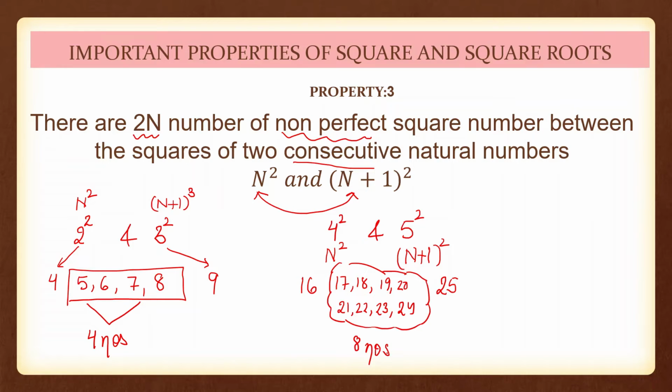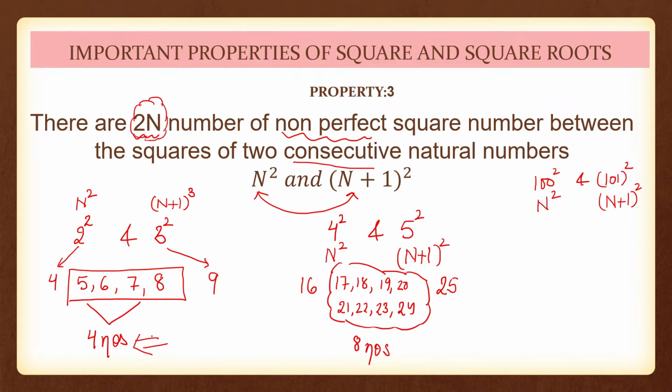When numbers are small, we can easily count the non-perfect square numbers which are lying between these two. Now when will this property be useful? When you have bigger numbers like 100 square and 101 square. So which one is n? 100, and which one is n plus 1? 101. So before actually calculating the non-perfect square numbers, let's check how we can get this 4 using this property,